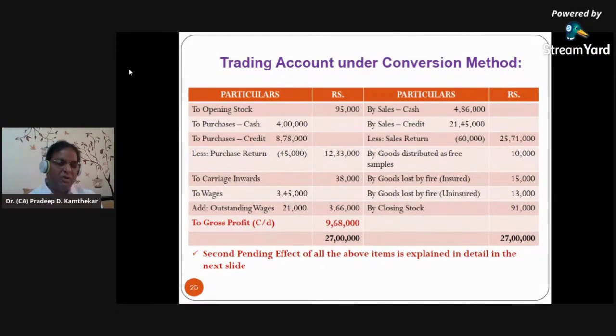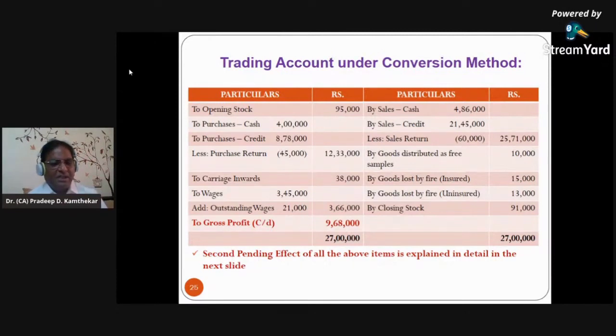Now suppose the opening balance sheet is not given and we are given assets and liabilities of the opening date with some missing figure, then we prepare a statement of affairs. So in that opening statement of affairs, this opening stock will be there on the asset side. So the second effect of this opening stock on the trading debit side will be the opening balance sheet asset side, or you can call that a statement of affairs on the opening date if the opening balance sheet is not ready-made given. Let us go to the next one.